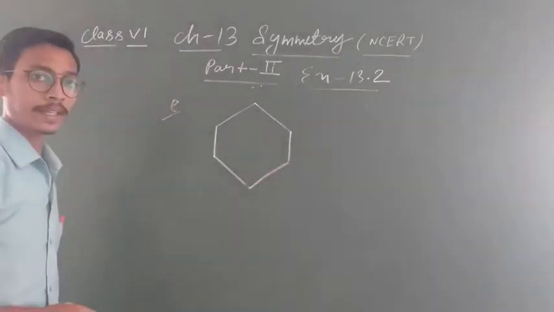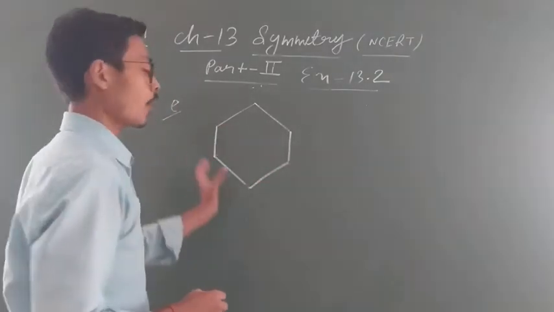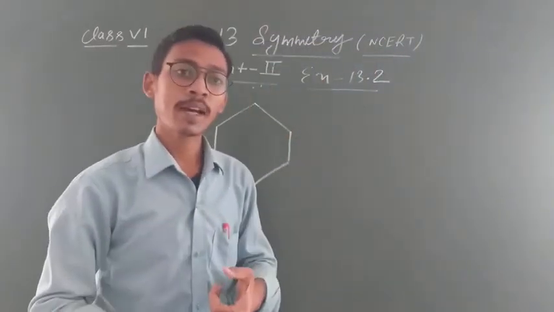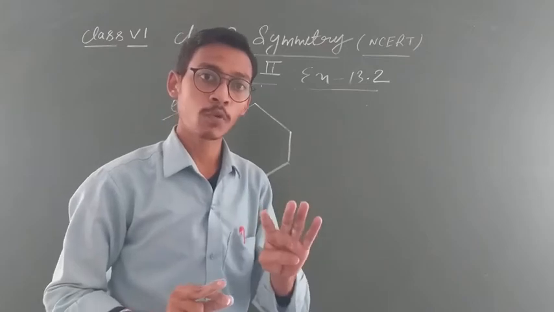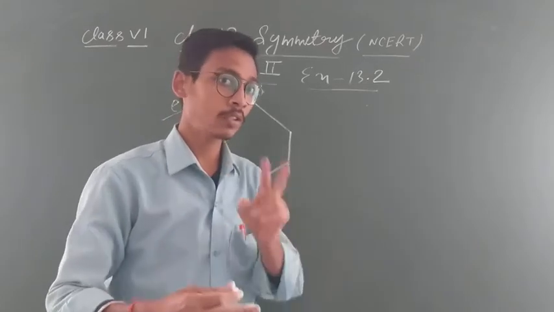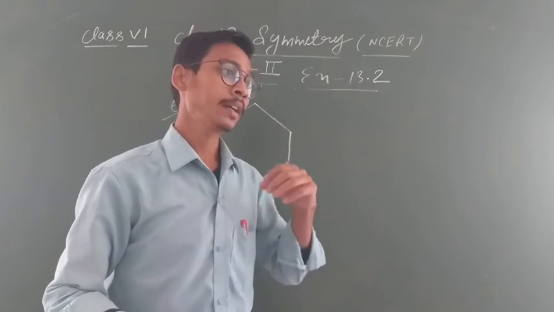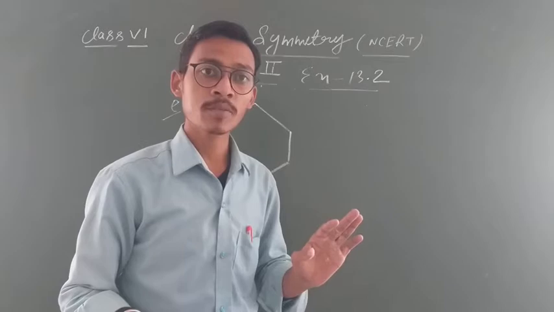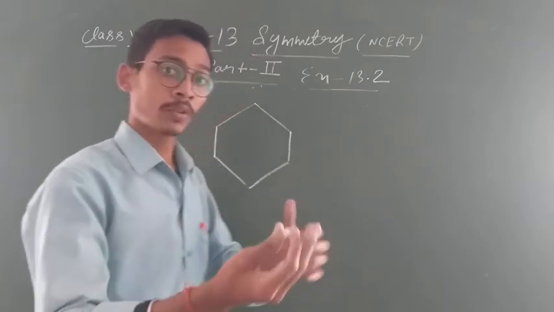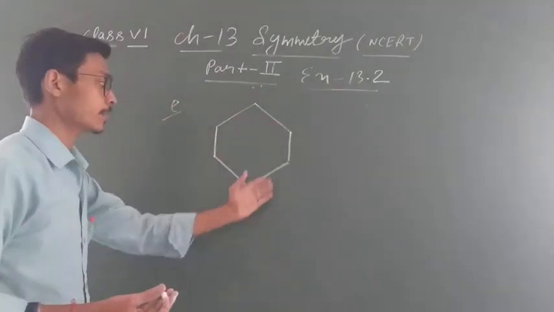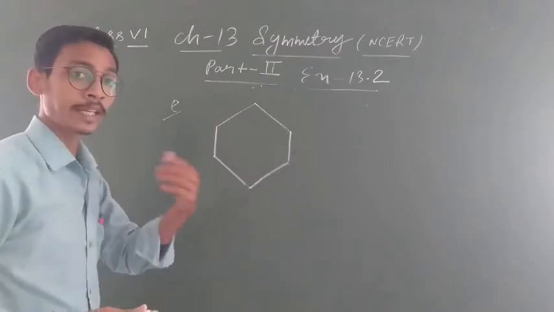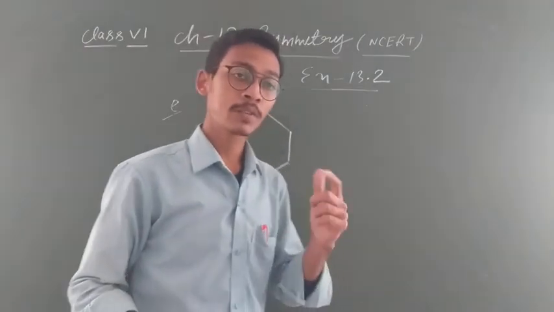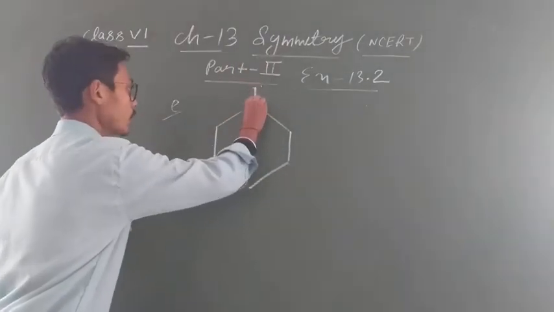This is a hexagon, student. In a hexagon all 6 sides are equal. Like in a square, one concept: 4 sides equal, so lines of symmetry 4; in a rectangle 2 opposite sides are equal, so lines of symmetry 2; in an equilateral triangle 3 sides are of equal length, so lines of symmetry is 3. Due to that concept, 6 lines are given and all are of equal length, so how many lines of symmetry, student? You can easily say 6 lines of symmetry. So first line of symmetry you can draw,